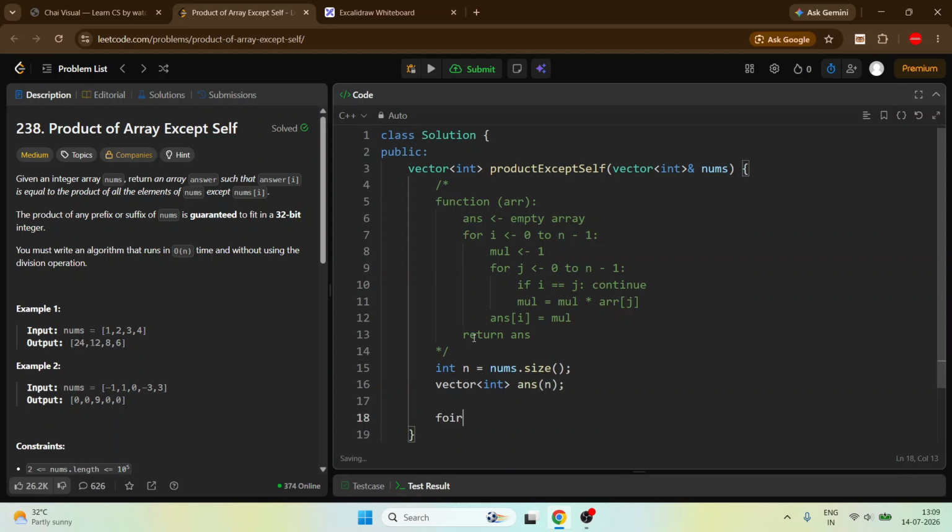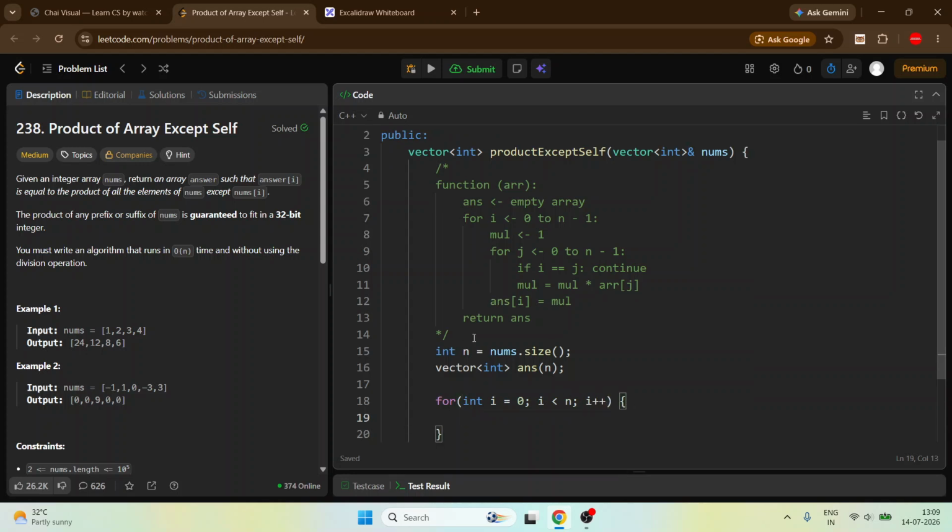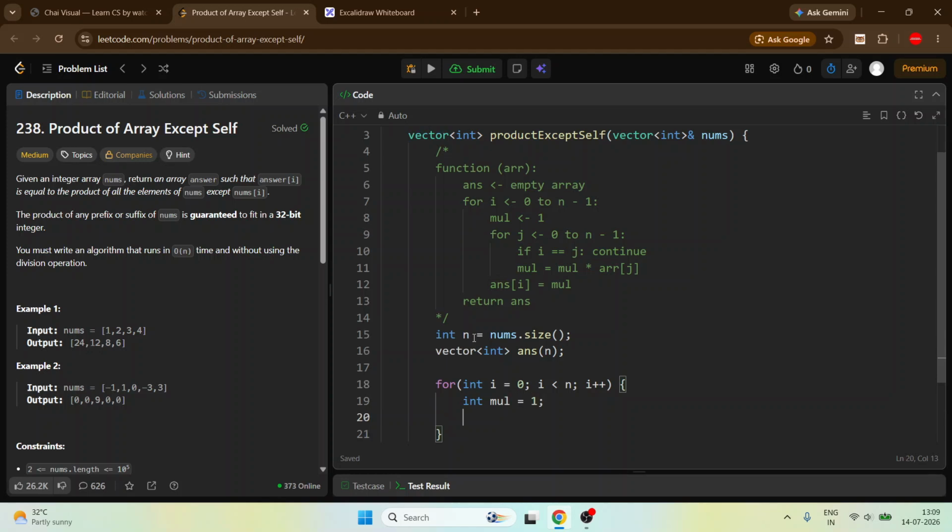Then just run a for loop for int i equal to 0, i less than n, i plus plus. Inside the for loop, take a variable multiplication. Every time it starts from 1, because it is a multiplication, and 1 times any number is that number. So start the j loop from 0 to the end,